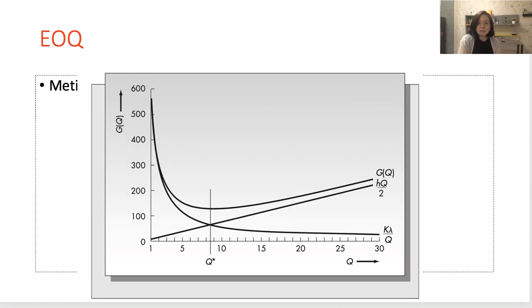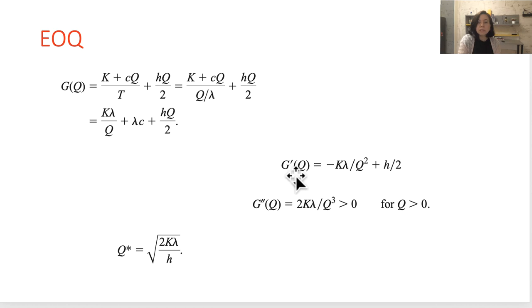And in a convex function, to be able to find the minimum point, we can take the first derivative of it and make it equal to 0. And when we make it equal to 0 and find the Q value, we obtain such a function: